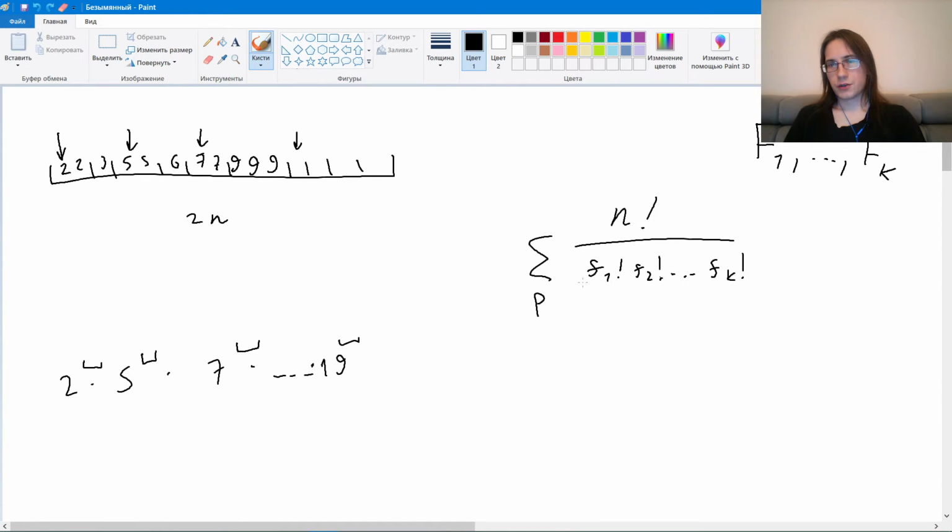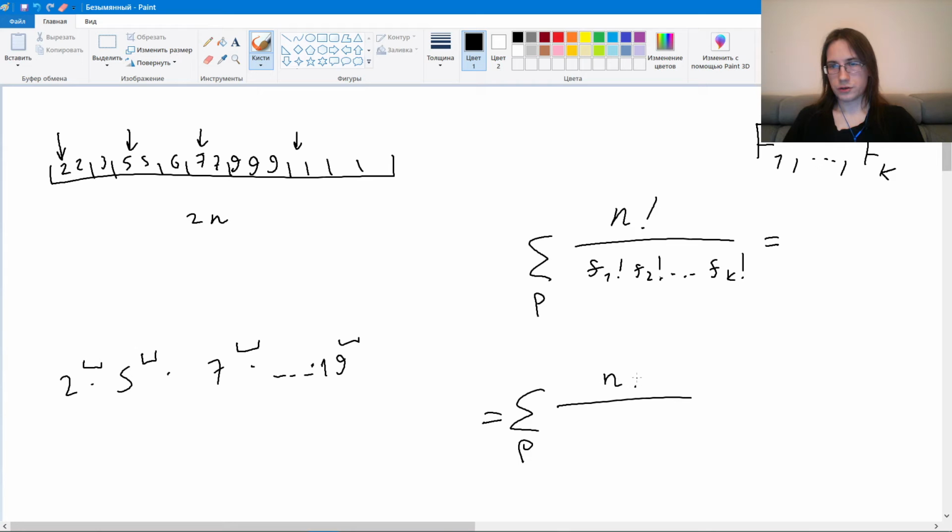But let's note that all the values of f small are either equal to the corresponding f large or less than it by 1. And let's see that fi factorial is either equal to Fi large factorial or Fi large factorial over fi. So let's rewrite this expression as